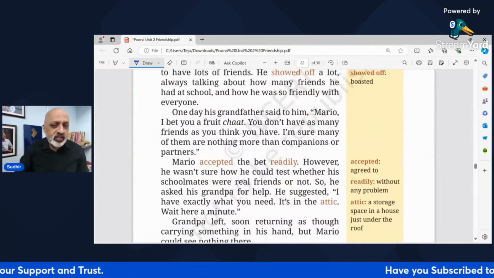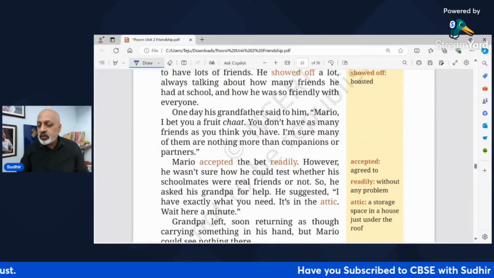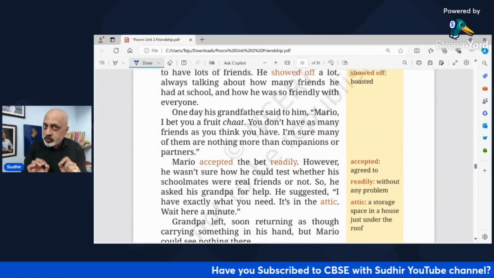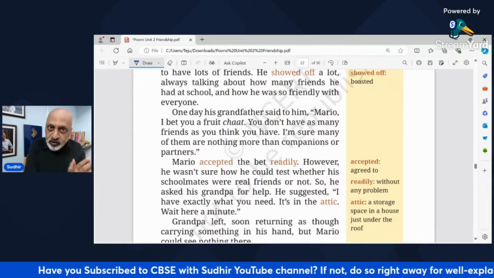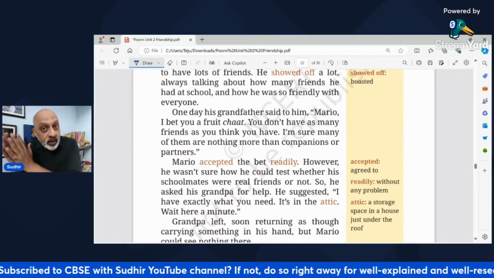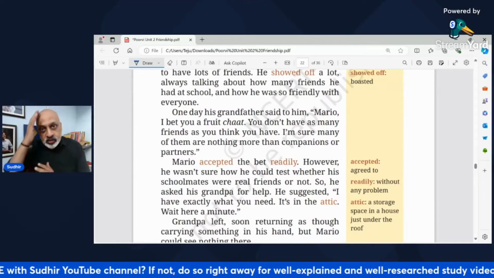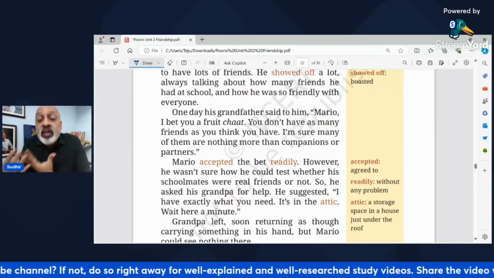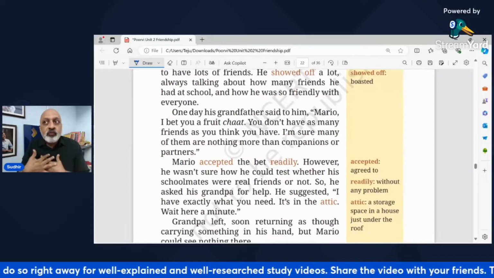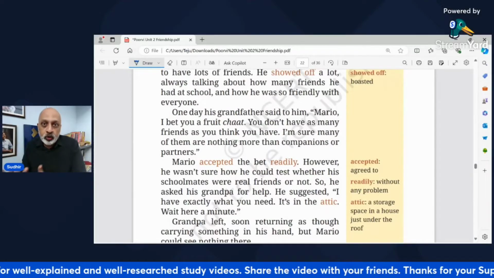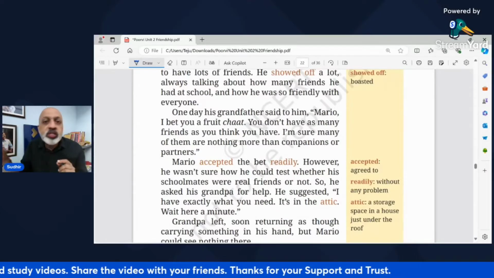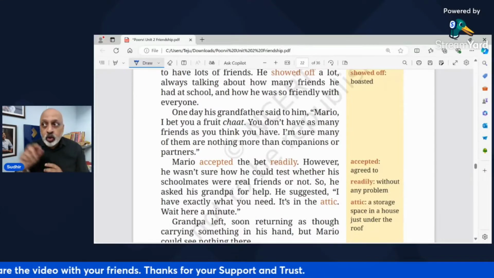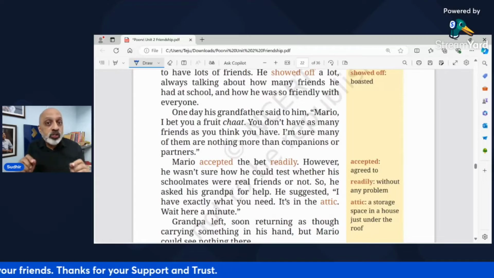So the grandfather says, they're not your friends. Please listen to this carefully. He's making a distinction between a friend and a companion and a partner. Okay, that friend is someone more dear to you. The friend is someone who means so much more to you. So जो friend word है, उसको loosely आप use नहीं कर सकते. You cannot use the word friend loosely for anyone.